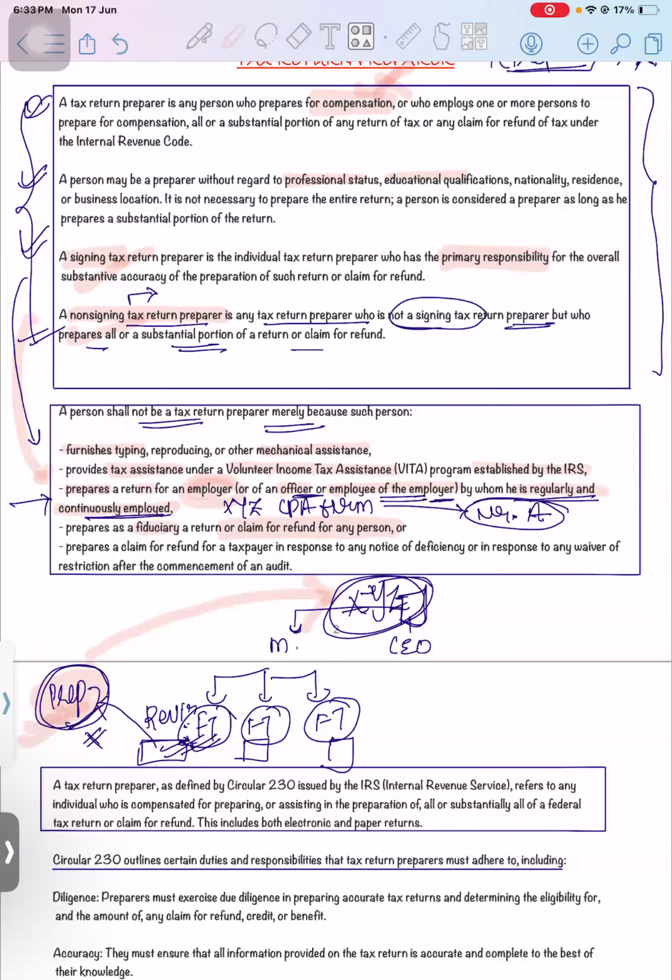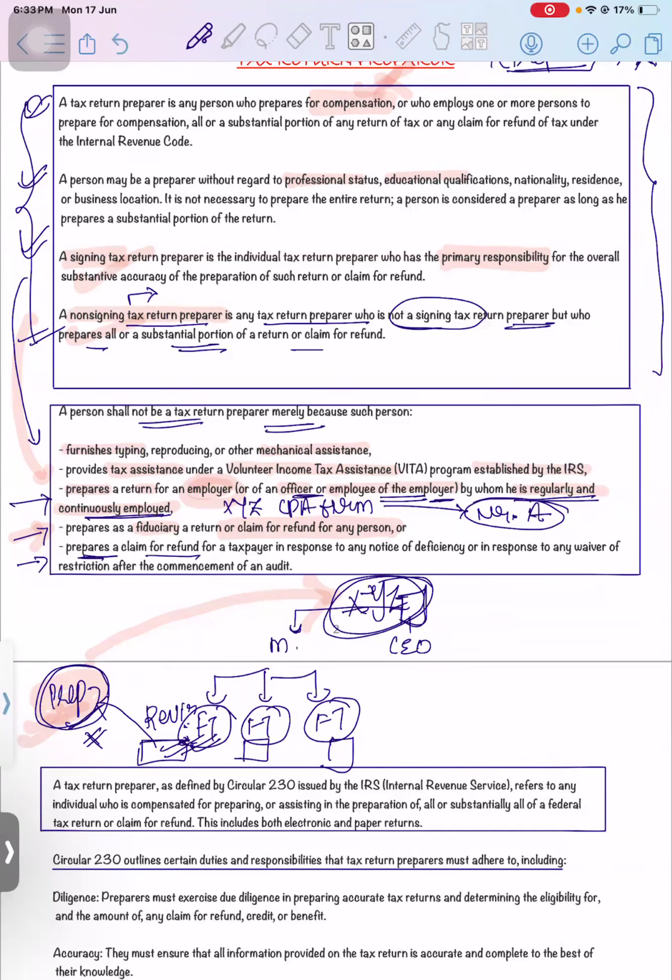Okay, got it, guys? And please remember, when you prepare it, being an EA, yes, you can put your name in the paid preparer, but 99% of the time, those who don't have an EFIN number put it as self-prepared under the paid preparer signature. Instead of putting your own name, usually people put self-prepared and file the return. So if it is mentioned self-prepared, then no one is designated as a tax return preparer on that return, right? So this is one where you can remember the example of your family members. You are filing the return, or you are claiming a refund for them free of cost. Next is